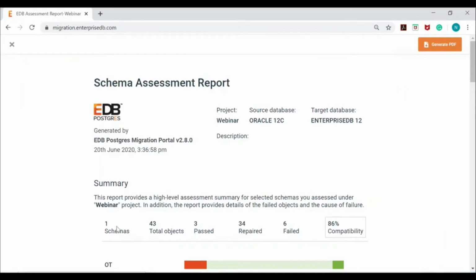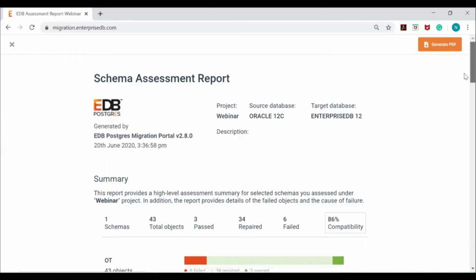I want to migrate only one schema, so I have extracted one schema only. The total number of objects is 43: 3 pass, 34 are repaired, and 6 failed. So our overall compatibility is 86%, which is a really good figure.